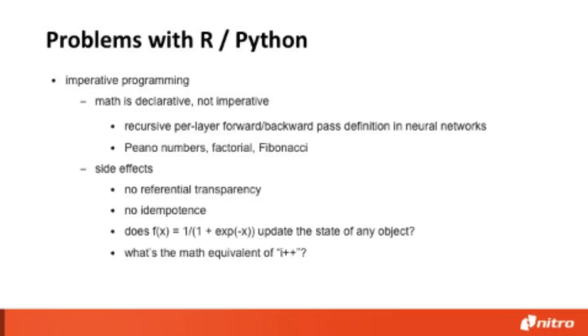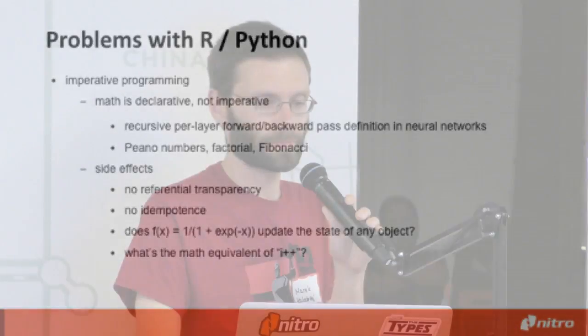But you know, the other thing is, of course, that these languages encourage imperative programming, and math is declarative. And I'm not just talking about Fibonacci numbers, but I'm talking about the fact that, for example, the output of the last layer in a neural network is dependent on its input, and the input is dependent on the output of the previous layer. So you can essentially write everything as one big recursion. So it's more than just stylized examples like Fibonacci numbers. Everything could be potentially recursive quite elegantly, and no side effects in math, obviously.